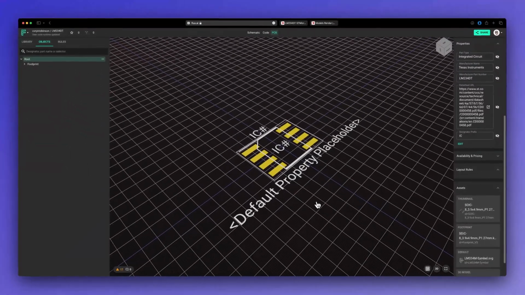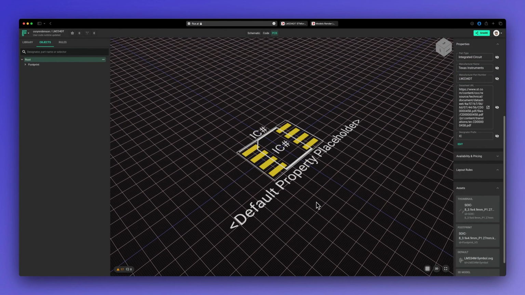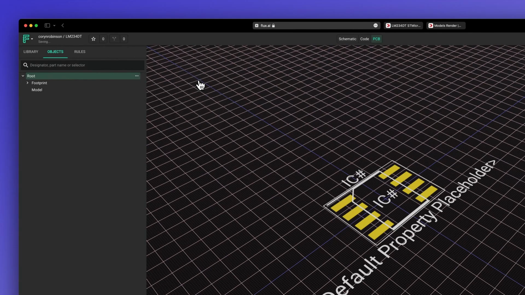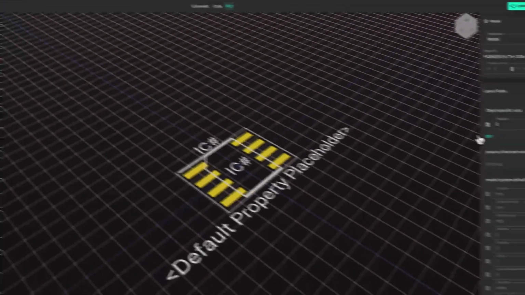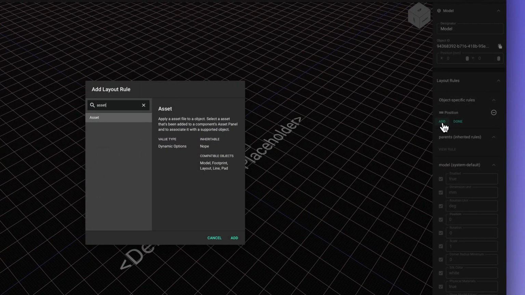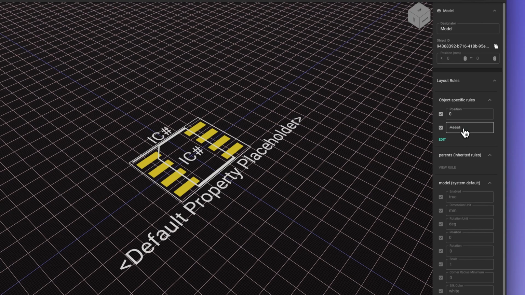If you were to look at the 3D view at this point, you might wonder why there's no 3D model. In the Objects panel, you have to add a model from the root menu. Then you have to select the model and add an asset layout rule. Finally, select the 3D model you uploaded earlier,